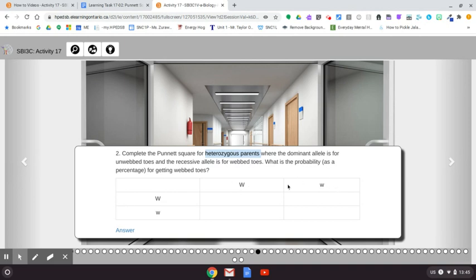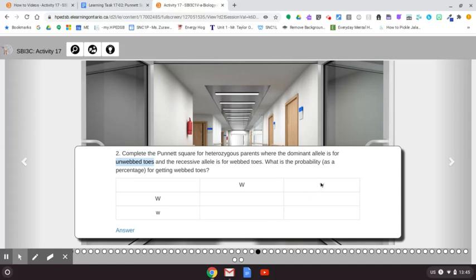What do we also know? We know that if we looked at those parents, we would see unwebbed toes. Why? Because it's dominant. So mom can give this, dad can give this. So either mom can give her big W and dad gives his big W, and so you'd have a homozygous unwebbed toe baby. Or mom can give her little w and dad gives his big W, and you're getting a heterozygous, because you've got the mix, unwebbed toe